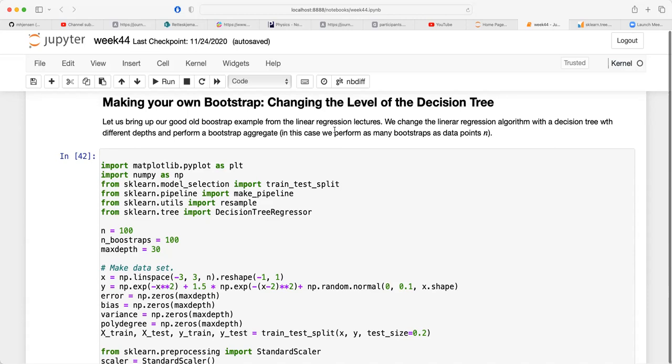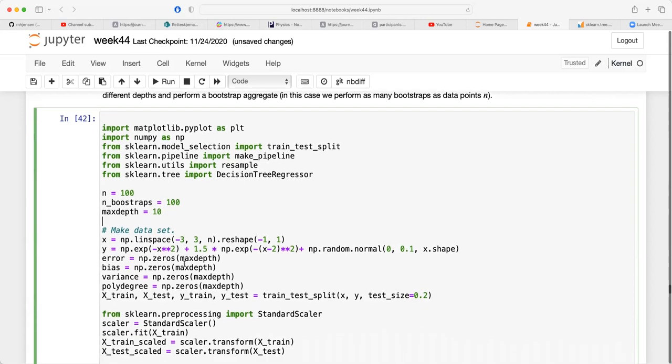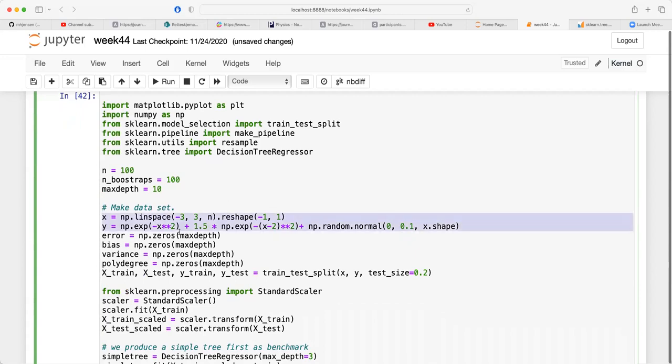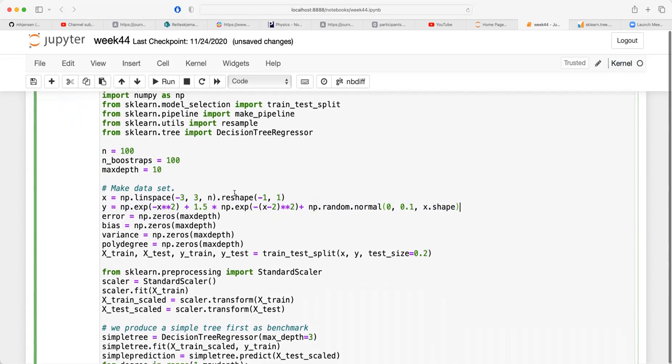So the example you will see here has a max depth of 30. I can make it smaller or not. So when I have 100 data points and I do 100 bootstraps, we could just change this one now to 10. And this function, you may ask why I'm just coming up with the same function all the time. This is just a laziness factor. I'm copy and pasting, so I'm just using the same function,